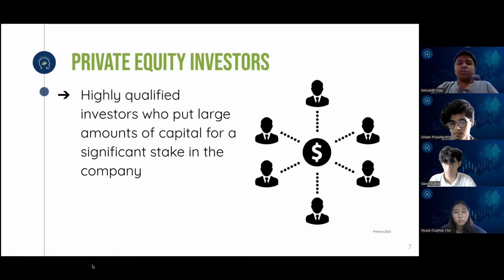Now, the private equity investor comes into the picture. A private equity investor is a highly qualified and successful investor who provides large amounts of capital for significant stakes in the company, usually not a majority stake. These investors only invest in select companies that have been operational for a few years and have reliable income or revenue streams. So, after giving up some equity in your company and receiving more capital,